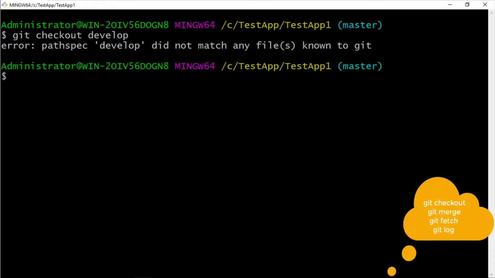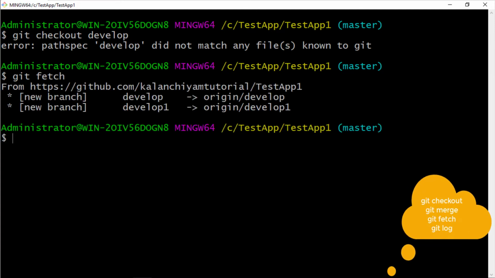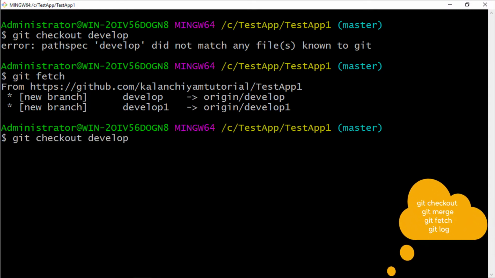For that, we have to run one more command, which is git fetch. This will analyze all the changes added in your repository. Now you can see develop one is a new branch added into our repository. Now you can go and check out the same branch, and now it will work.